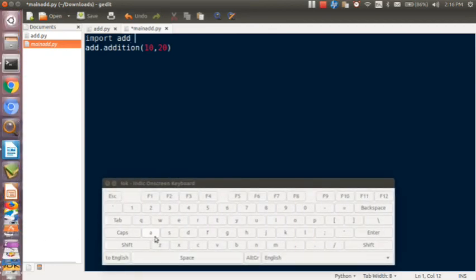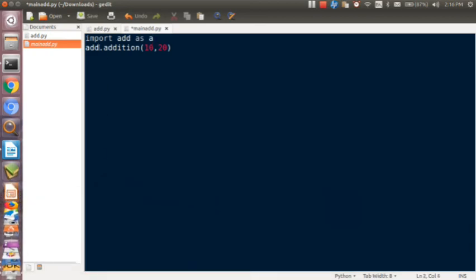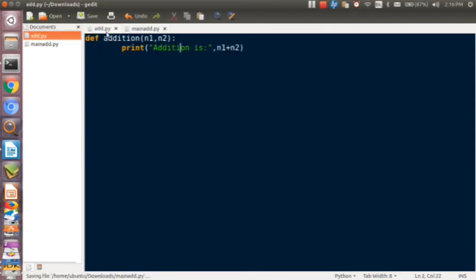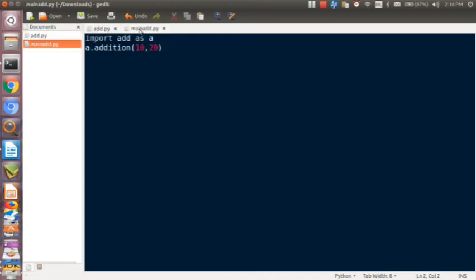We need to change add to another name, so for this we require the as keyword and the next module name. Suppose the new module name is A; then when we are accessing, we need to write A dot addition, because add gets changed to A. But the name of the function should be the same, addition. Only the module name I have changed, from add to A.